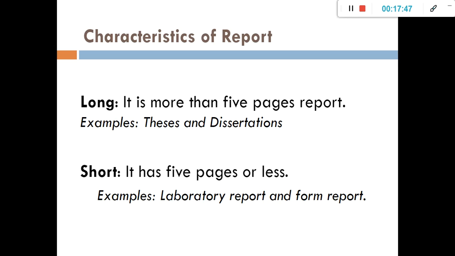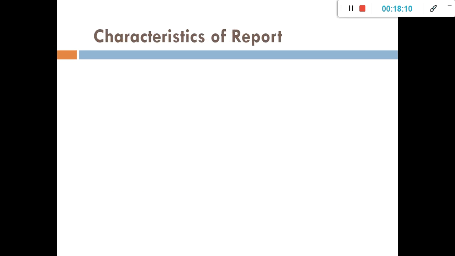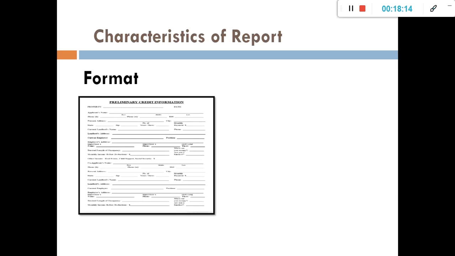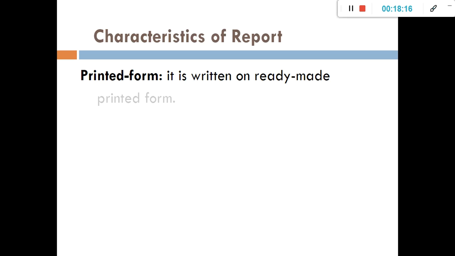So, yun lang naman yung difference between sa length, no? Yung difference ng report according to its length. So, kapag mahaba, long. Kapag maikli, short basically, no? So, pag long naman, yun yung mga formal natin. So, books, ano pa, mga hardbound writings such as thesis, mga dissertations, no? Ayun yung mga example nun. Kapag short, pwedeng 5 pages or less. So, pwede nga lang siyang kasi kahit isang page na report lang as long as everything is being stated in there. Okay? Next is, ayan, so format.